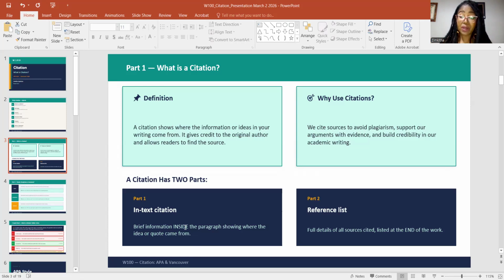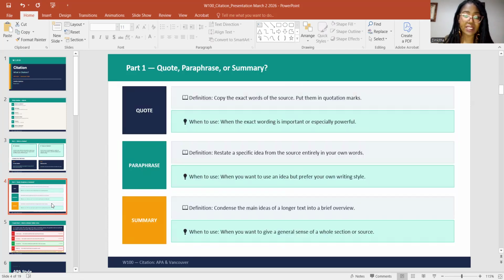And that comes at the end of your paper. All right. Remember when you did the practice paragraph in the class, you had to answer a question. When we did the PEEL method, you did an in-text citation, and at the end, you needed to have a reference list of the source that you were using. So always remember that. With citation, there are always two parts: in-text citation and reference list, right?